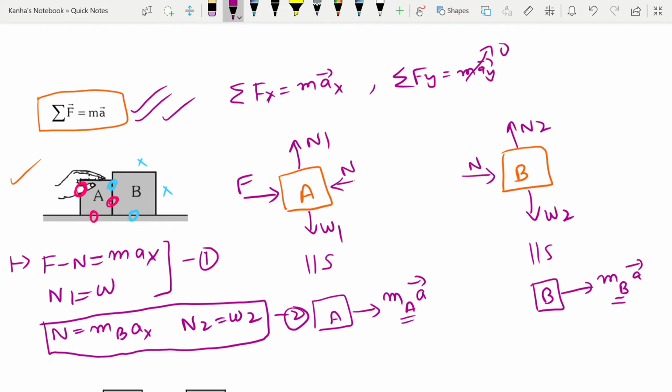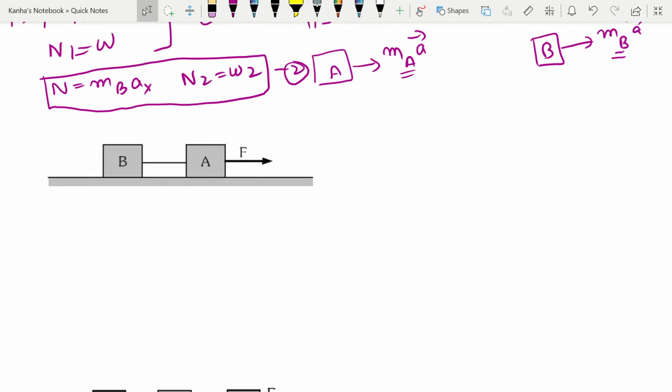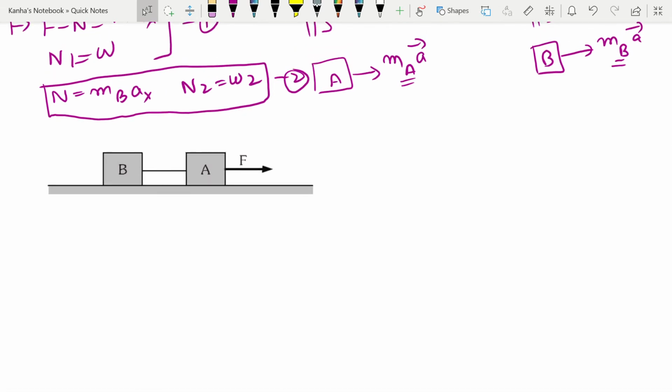Okay, let's move to another free body diagram. Now we have two blocks A and B which are connected by an inextensible and massless string. So how do you do this? First of all, you make the free body diagram of A. Let me draw it for A. For A, how many contacts are there? There is 1, 2 and 3. So this is A. There is a force F, there is a normal reaction, let's say N1, and there is a tension. Now the non-contact force is gravity, so there is a gravitational pull.